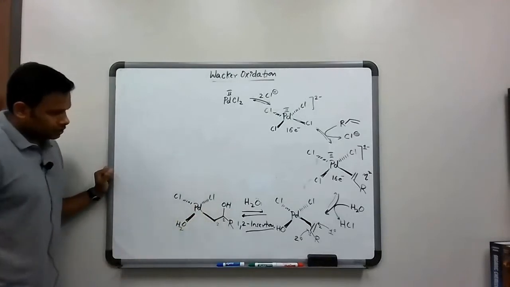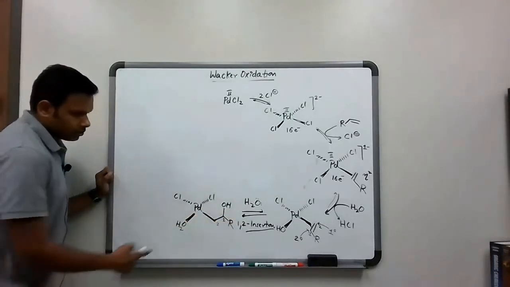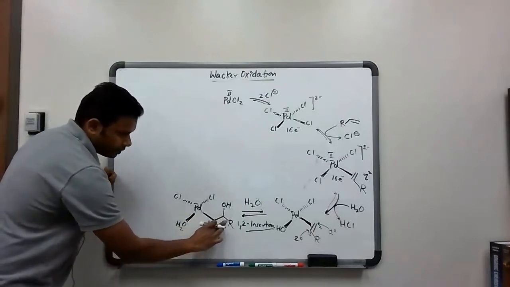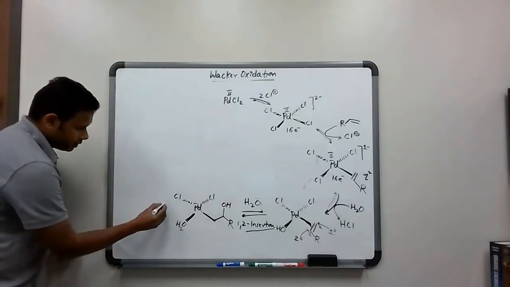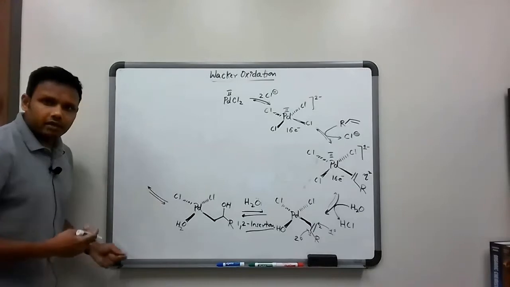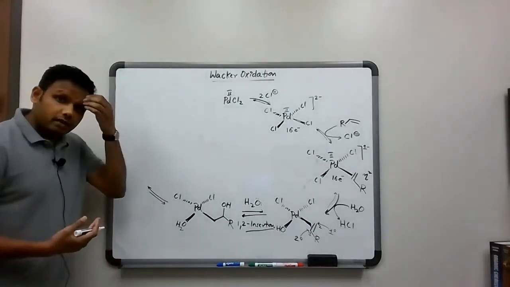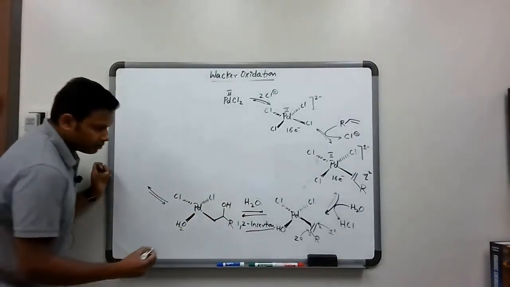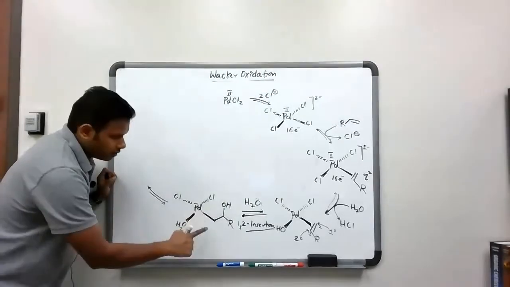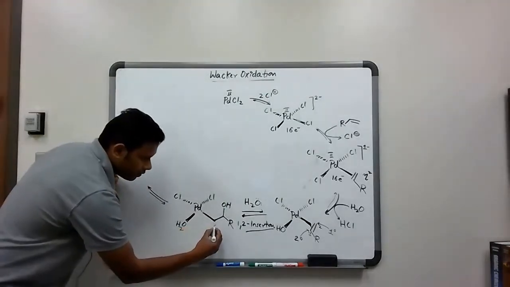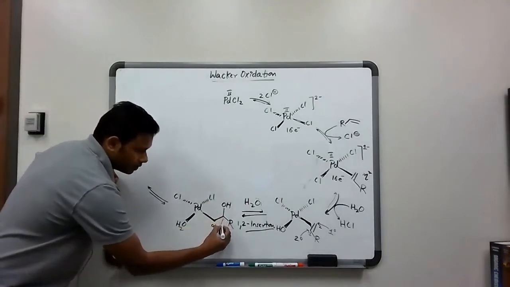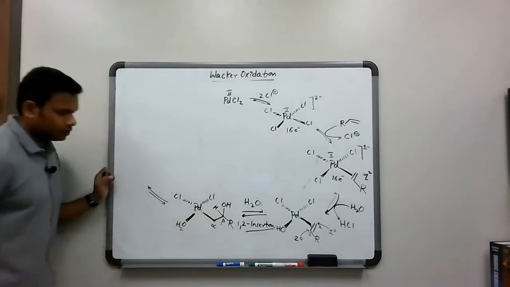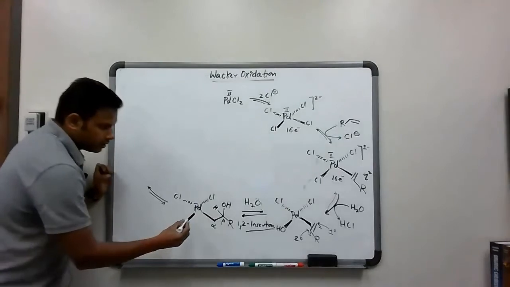So we have the 1-2 insertion step, which results in this metal-carbon bond, which is more of a sigma bond now. From here, the next step is called a beta hydride elimination. In some way, the beta hydride elimination is just the reverse of this 1-2 insertion. When you count from your metal, the carbon that's directly connected to the metal is called the alpha carbon. The carbon next over is the beta carbon. If your beta carbon has a hydrogen on it, which this beta carbon does have, then you get